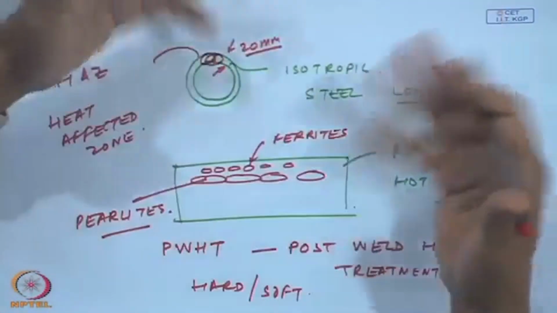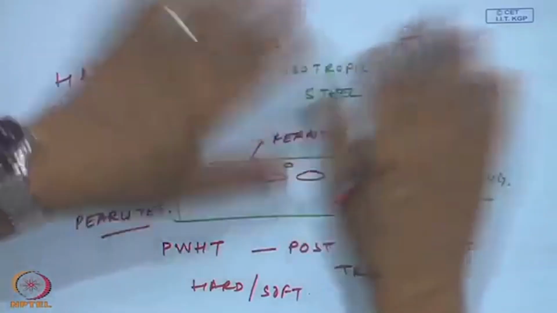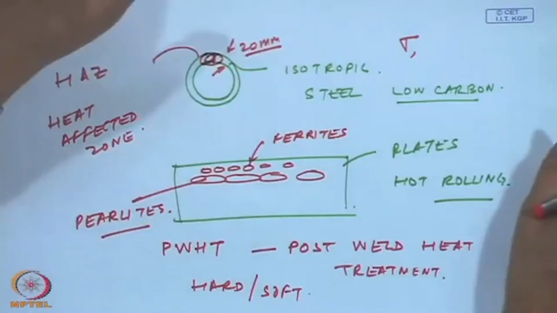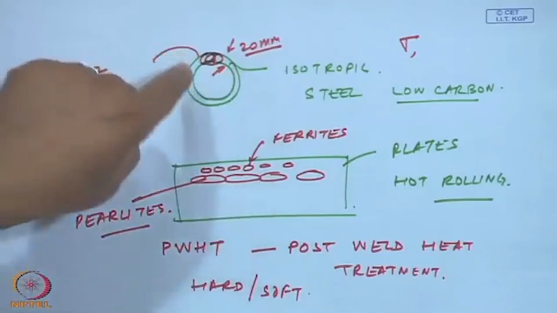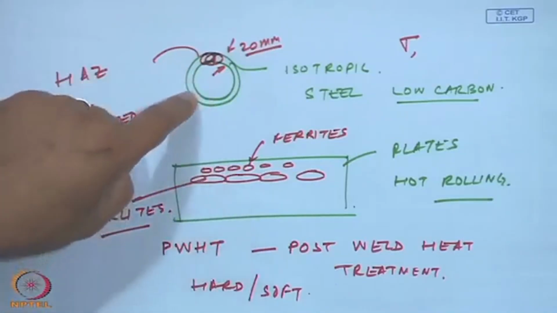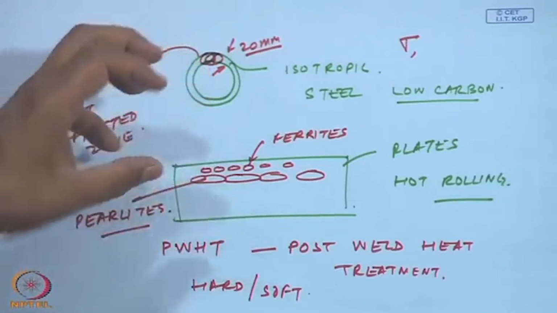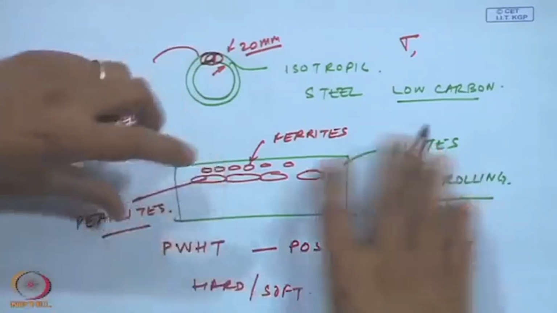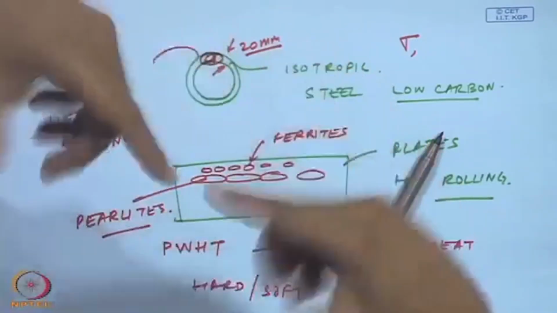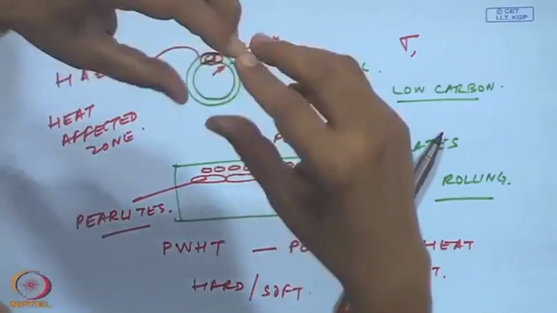Okay. For a designer, when I design it, when I take a value of stress, I assume that the stress is uniform everywhere, hardness is uniform everywhere, that is fine. But when I manufacture it, when I have done welding, my heat treatment was not proper. I have artificially created high zones of soft material, high zones of hard material, and you are rotating a soft and a hard material together. Okay, one zone is soft, one zone is hard, and this is how, because of one inherent defect, this crack